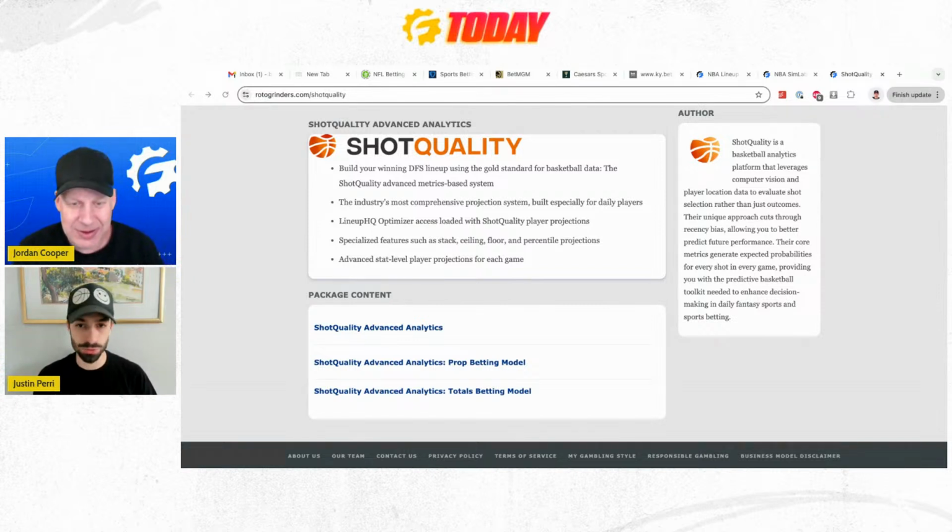And we have a lot of people working with it who run a lot of tests independently and come back to us like, holy cow. So it's not just me, I'm not just tooting our own horn. The RotoGrinders team wouldn't be working with us if they didn't derive their own tests and prove that this stuff was working. Everyone I show it to is like, what? How is this doing this? It's really fun. I've had a lot of fun with it.